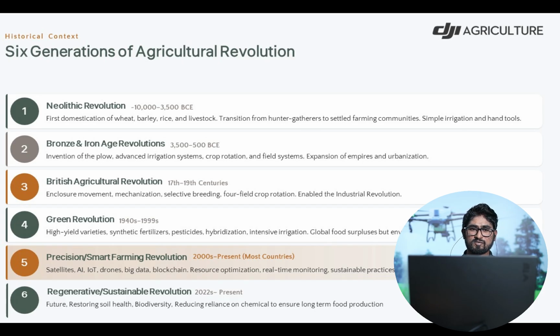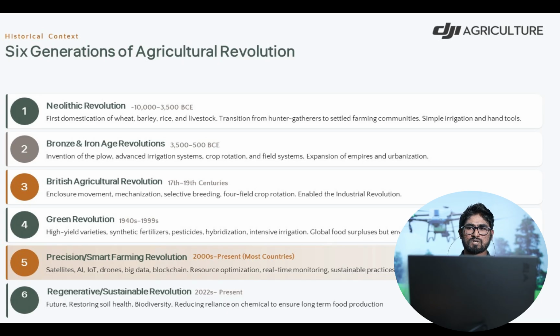Then the second generation is the Bronze and Iron Age revolutions. Here they used some advanced irrigation systems to improve crop productivity. Then, between the 17th and 19th centuries, the British agricultural revolution, there was some mechanization and selective breeding started.